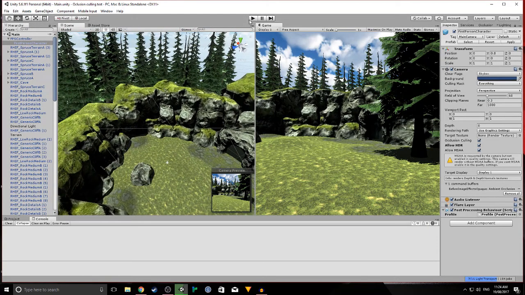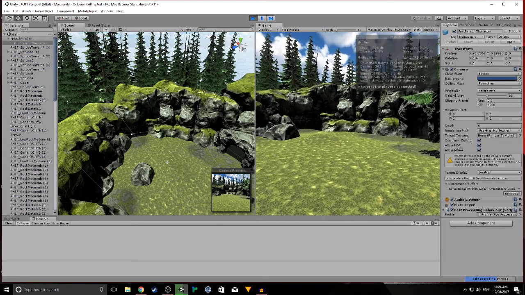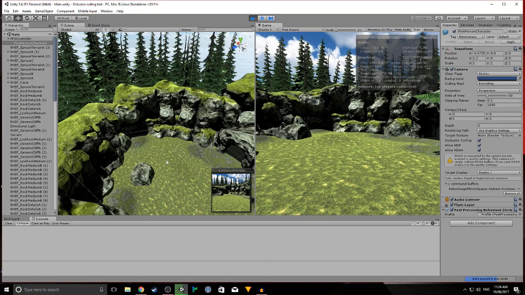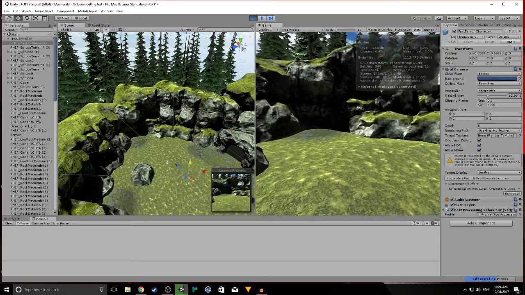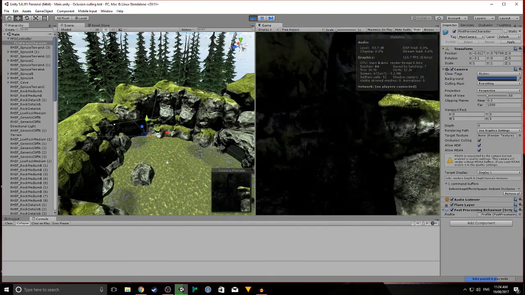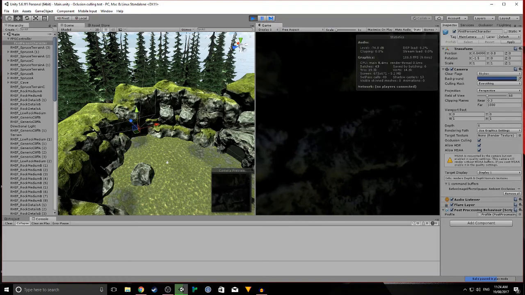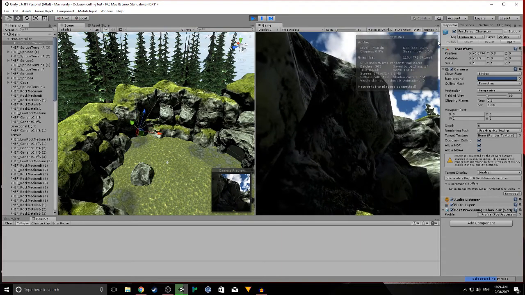So we can see that in scene by opening the stats and clicking play. So right now, in the general direction that the player is looking, there's around 320,000 tris and around 600 batches. So we get up here, and there's very little, and that is because I have occlusion culling on, and we can tell that by